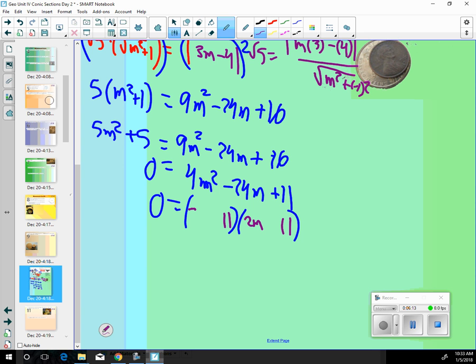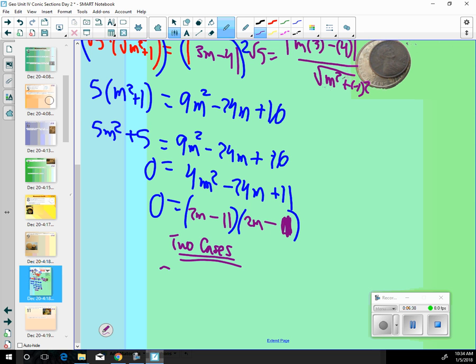No way. 2m minus... that's not 11. This is 1. 1 and 11. So negative 11 times negative 1 is 11. Negative 22 minus 2 is negative 24. 2m times 2m is 4m squared. We have two cases